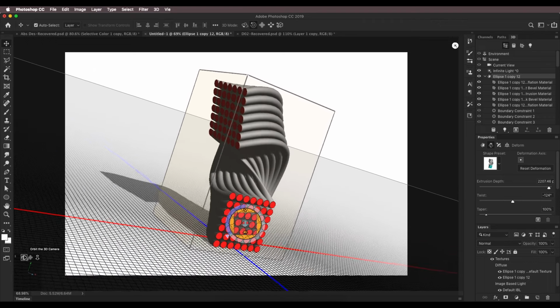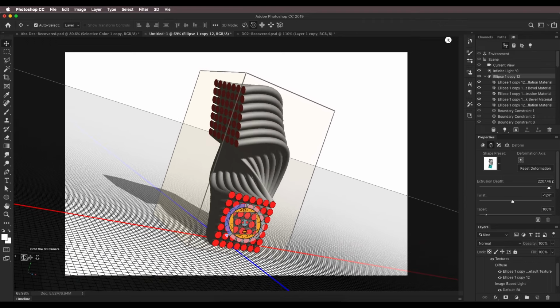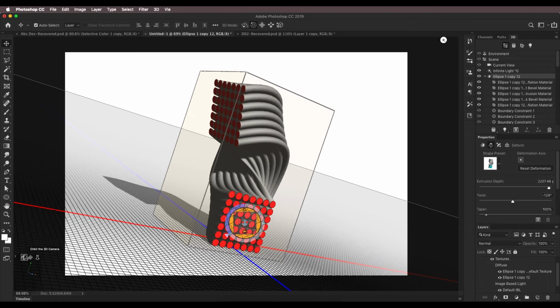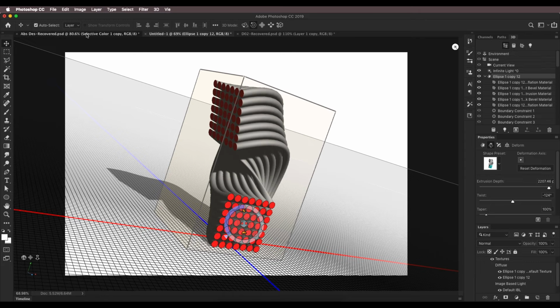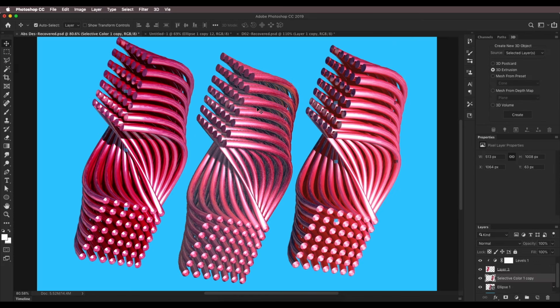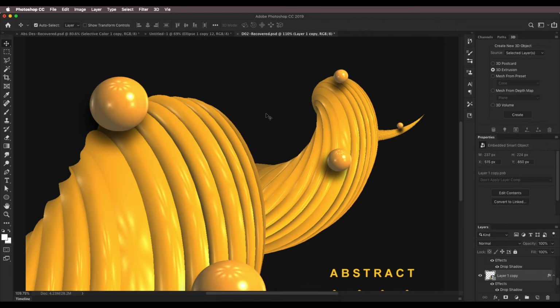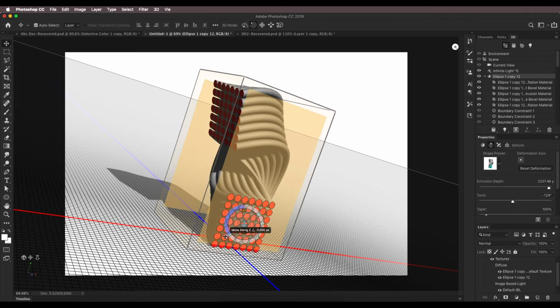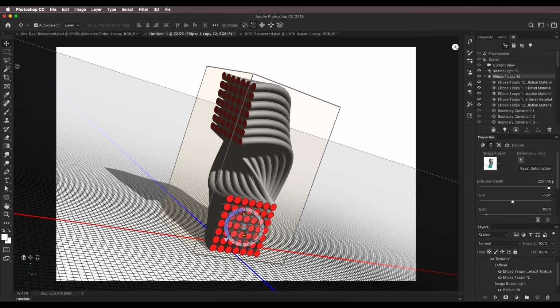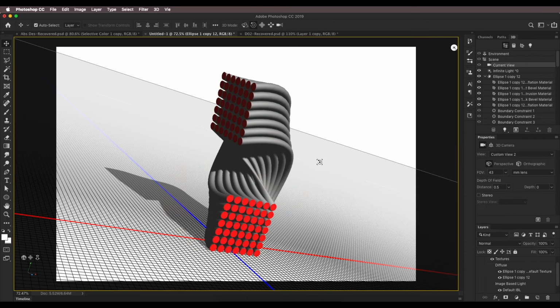Yep. So I think I have overall achieved the similarity in the view. If you see over here and this one, it's almost similar. So you can just go in there and give it more time, and you can get exactly the same view as it is in the previous design. Right now I'll just try to do a little bit more tweaking. Okay, so now once your position is set,